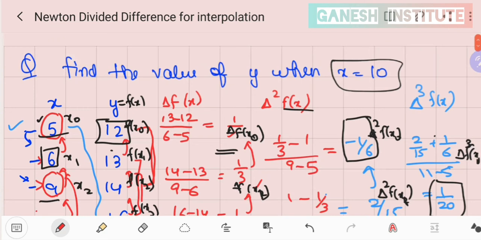So now I hope you got this method, that when you have to find out the value of interpolation, any value in between the extreme values, and for that, if unequal interval is given to you, then you can apply Newton divided difference, and it is better when you are given many values, okay? Better than Lagrange interpolation.